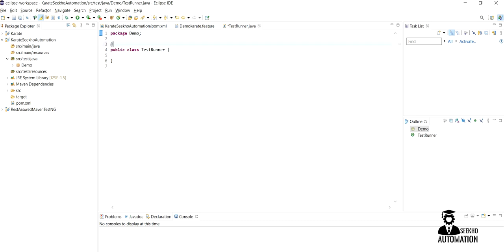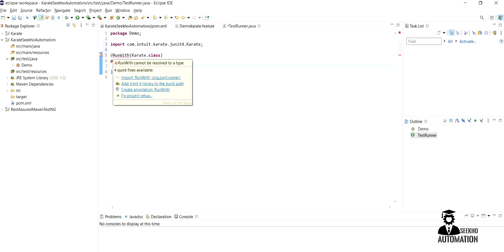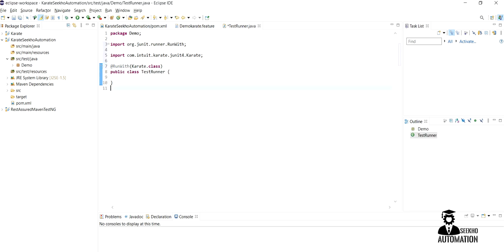Inside that we use run with karate dot class. Import the run with package. Perfect. Now the runner file is also ready.